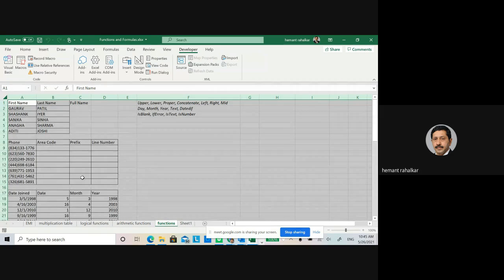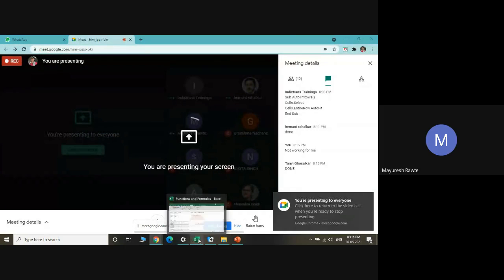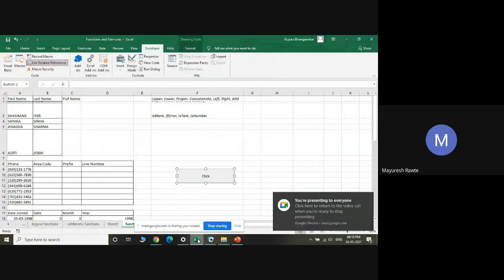Okay, I think I'm good. Okay, Ruchita is saying it is not working for her. Ruchita, I would like you to share your screen to see what is happening. Just a second, sharing. Okay, Tanvi is done. For me also, it's giving an error. I'll show you after Rujuta. Okay, shared.